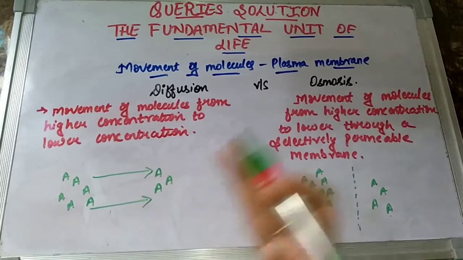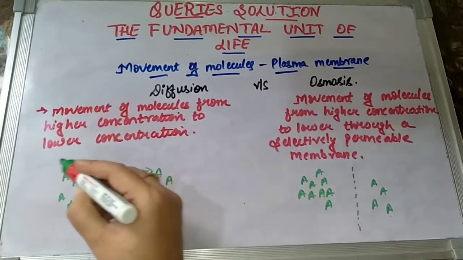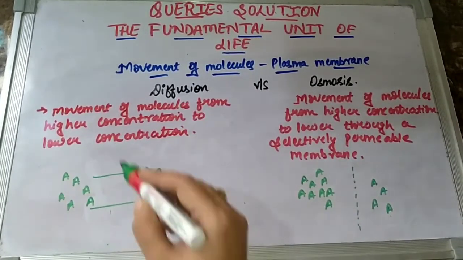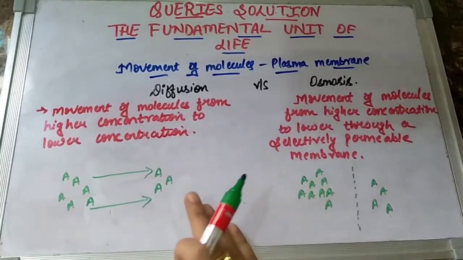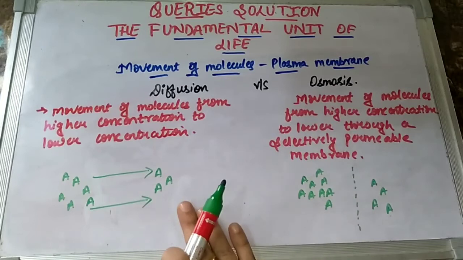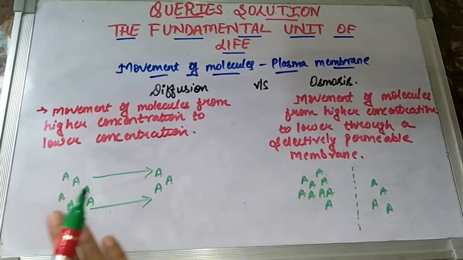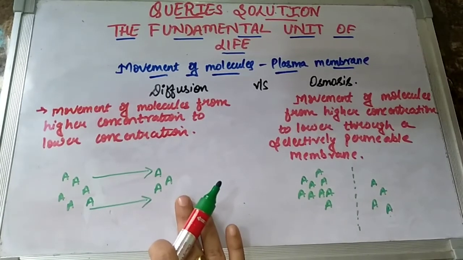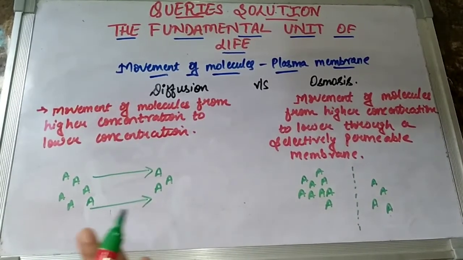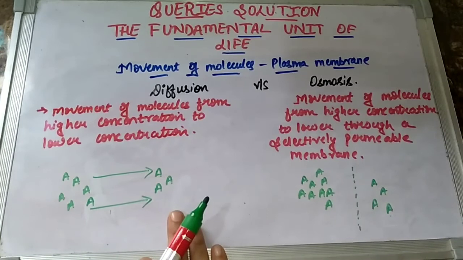There is no membrane between two rooms of yours, but the higher concentration was in the room where you applied the spray, and there was a lower concentration, or no concentration, of the molecules of deodorant in the other room. So the molecules basically travel from the area of higher concentration to the area of lower concentration without any membrane, and this is an example of diffusion.